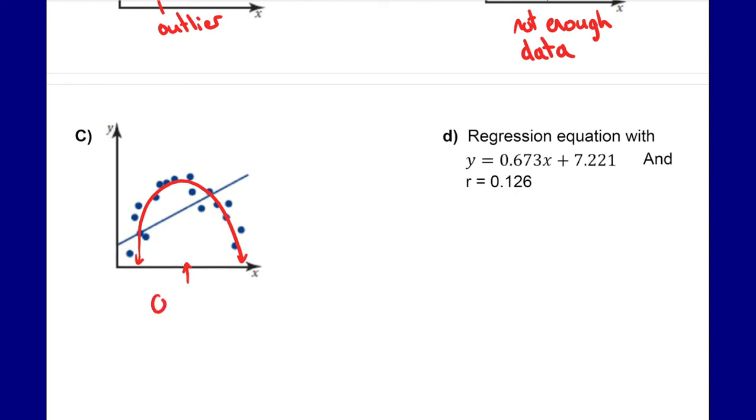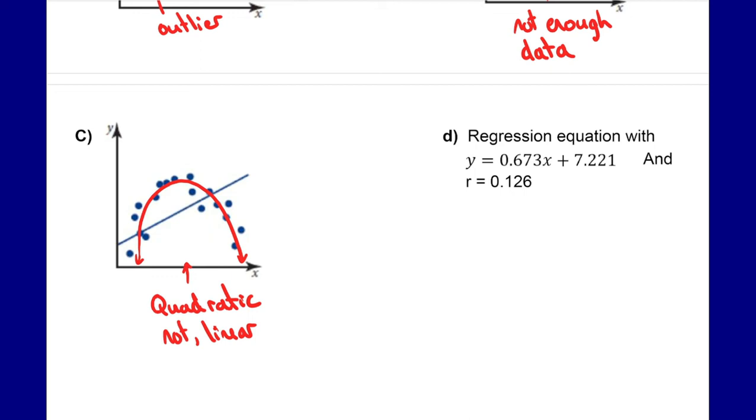So in this case, it's quadratic, not linear. So you want to be careful and make sure if we see that our data appears to be something that's not linear, it may be difficult to use a line of best fit